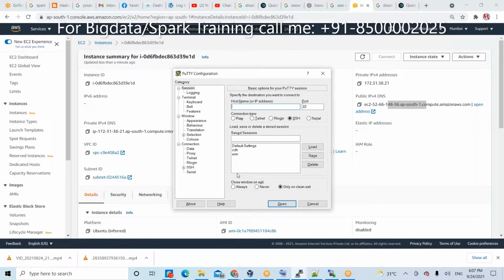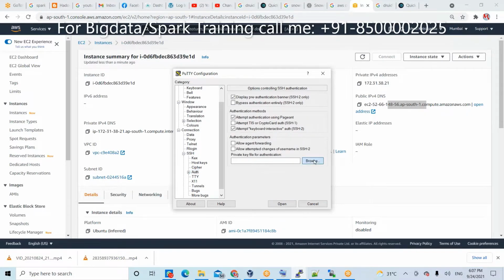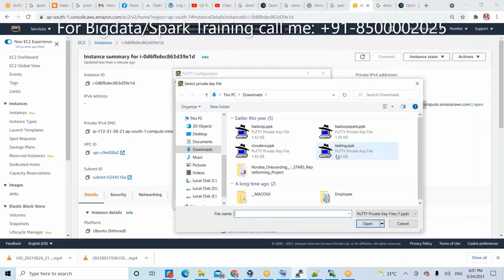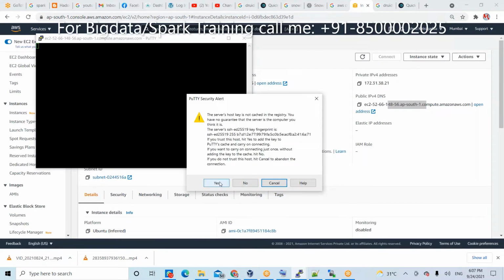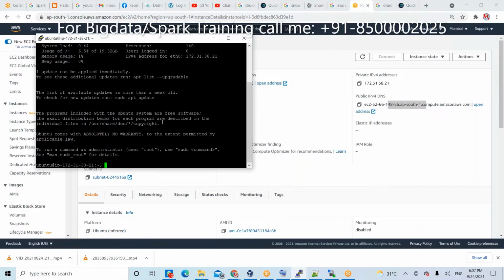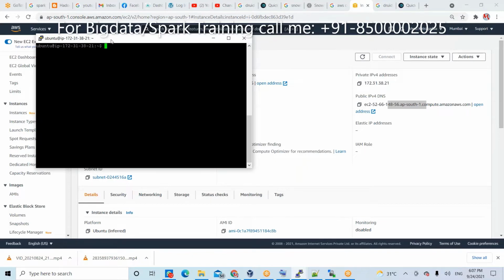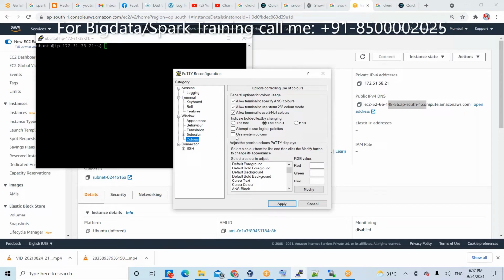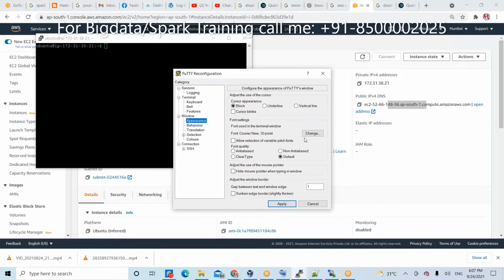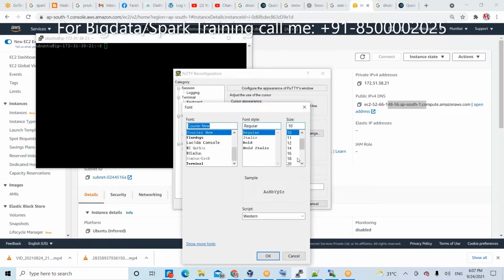Ubuntu at the rate of the DNS, followed by SSH authentication, browse, select the key, open. In SSH, for better convenience, I don't prefer a black screen, so use system color, and appearance maybe 20.